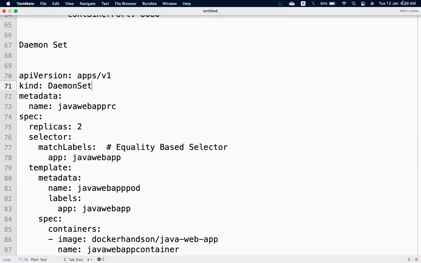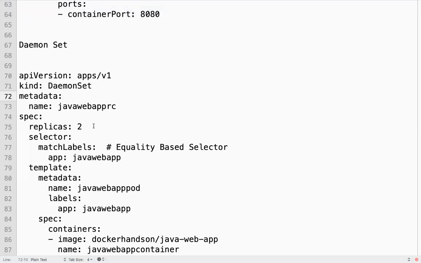I can create a daemon set, something like this. So what is the difference between replica set and daemon set?